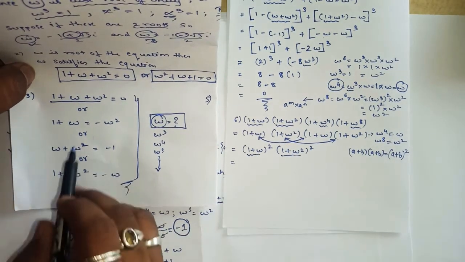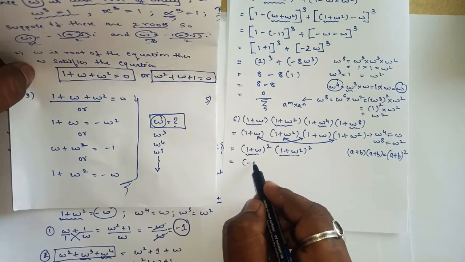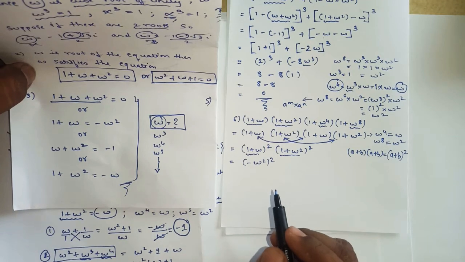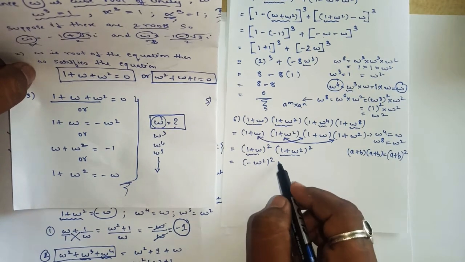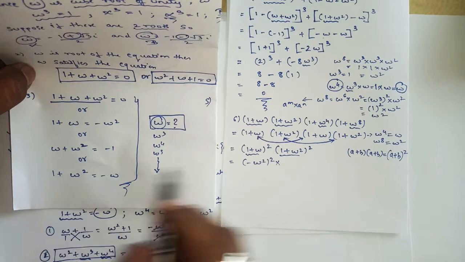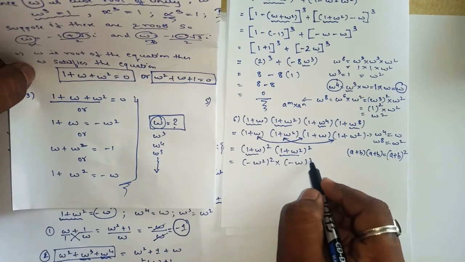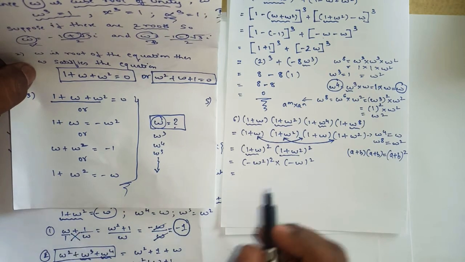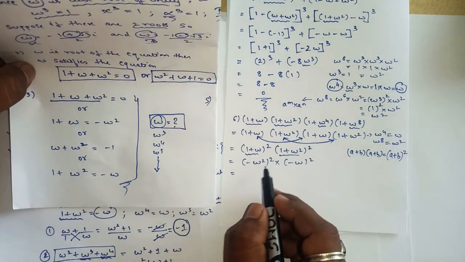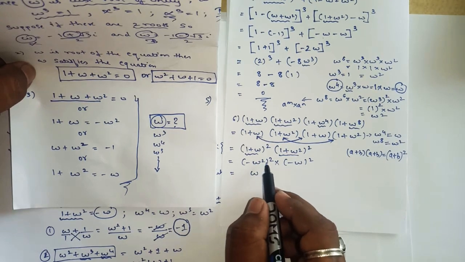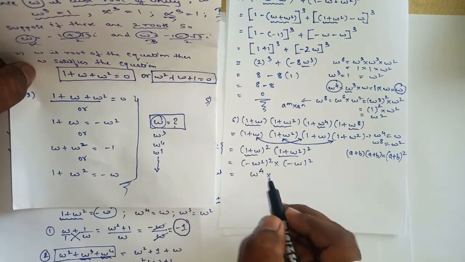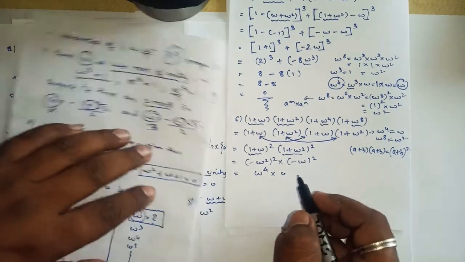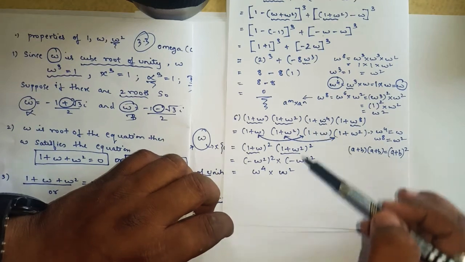So 1 plus w is what? Minus w square the whole square. Yes or no? Into 1 plus w square. 1 plus w square is minus w square. Understood? So now minus square is what? Positive. So w square and square, this we can write as what? 4. Minus square is what? Positive, and w square we can write as what? W square. Yes or no? I hope you all understood till here.